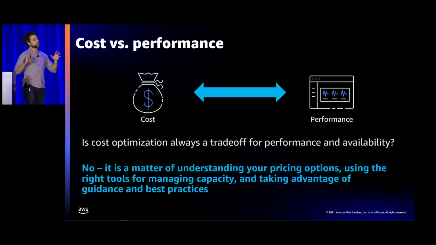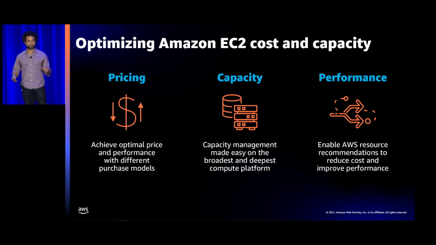As Art mentioned, you don't want to optimize for cost right away. You want to figure out the right instances that work for your workload, using the tools that we talked about. And then I'm going to layer on different purchase models that are going to cost optimize. And the purchase model you choose is really going to depend on the workload. Let's talk about that. So, three different vectors to optimize.